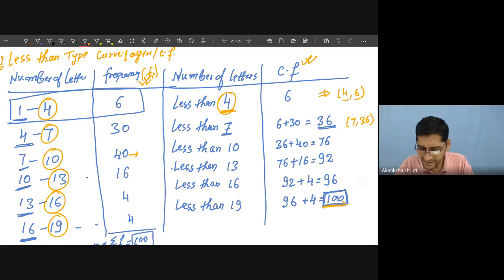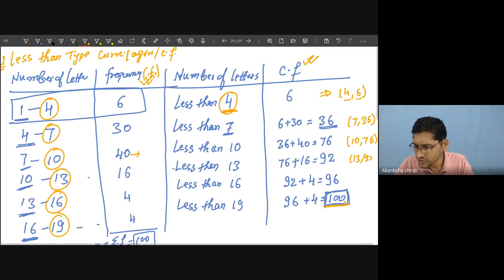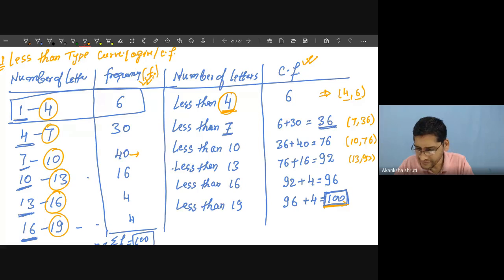For the next, 10, 76. For the next one, 13, 92. For the next one, 16, 96. The next one, 19 and 100. So these are the points on the cumulative frequency curve